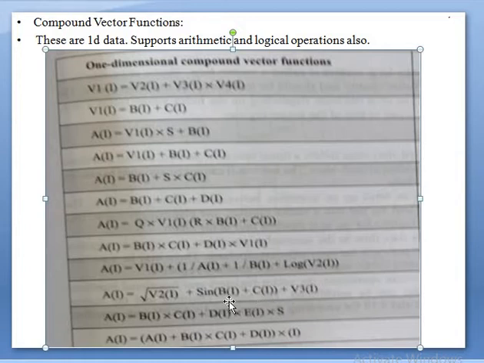Sorry, b of 1 plus c of 1, both are vectors, get the summation, apply the sine function, get the result, which should be added with vector 3, which is then added with vector 2 of 1, with a square root. So we can perform numerical functions also on the vector data.